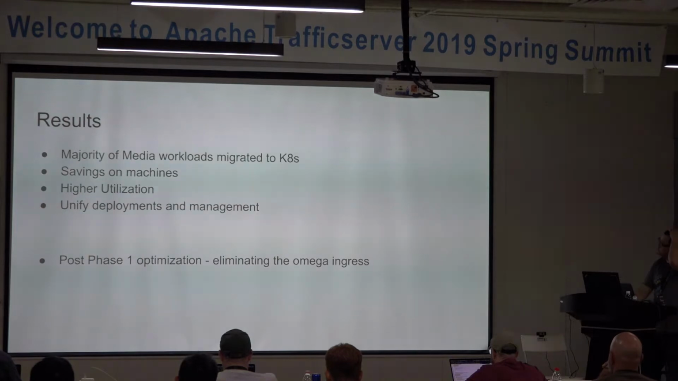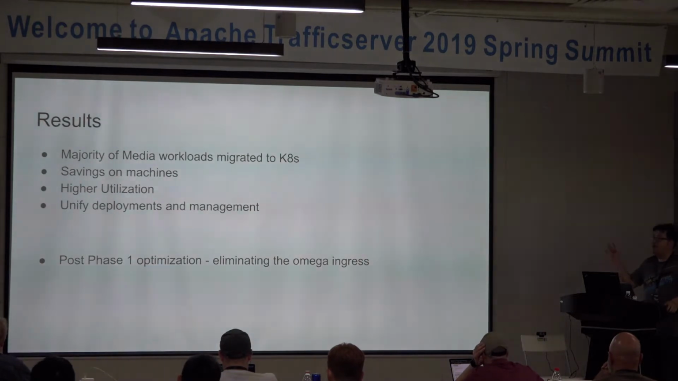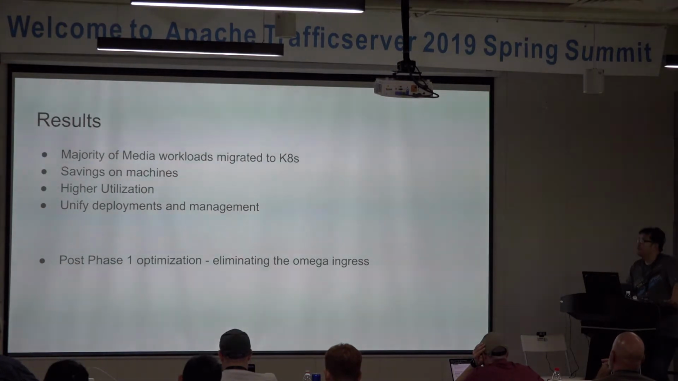All right. So this is the result. We finished our phase 1. And the majority of our whole media workloads is migrated to Kubernetes. And we actually have a lot of savings on the machines because of the fact that